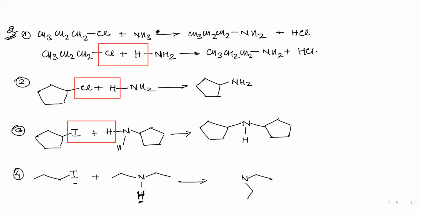In all of the cases, only one thing is similar that is happening, and that is we are removing the halogen and one of the hydrogens from nitrogen. You can copy these slides, all these examples. If you want to write this way, you can also write this way, that is creating a box.